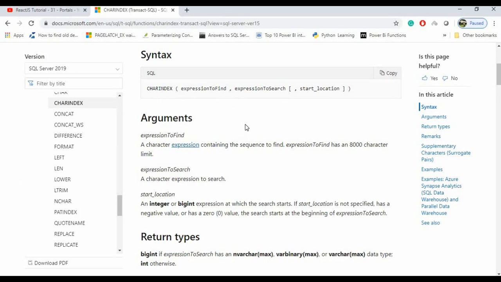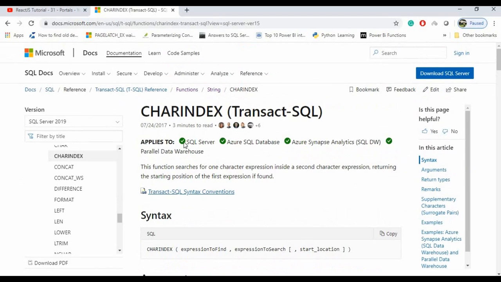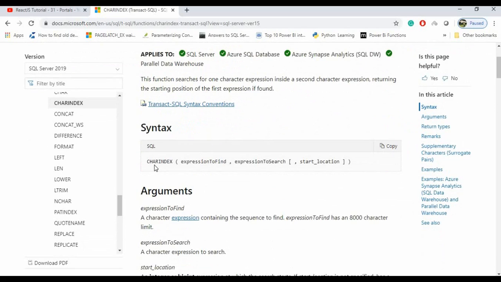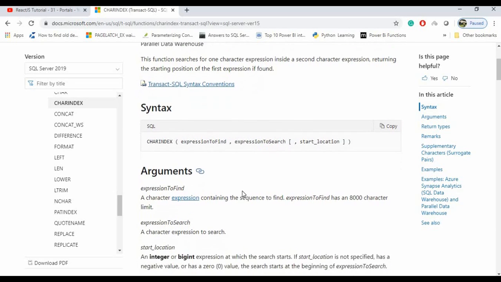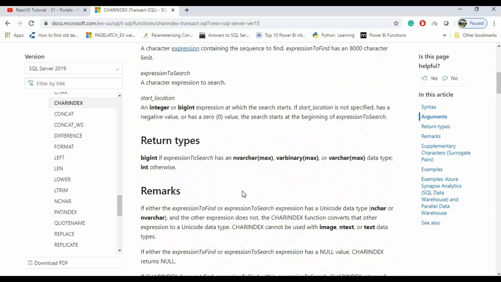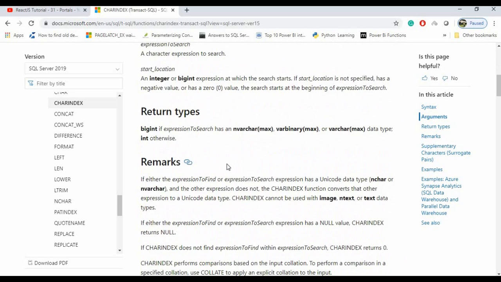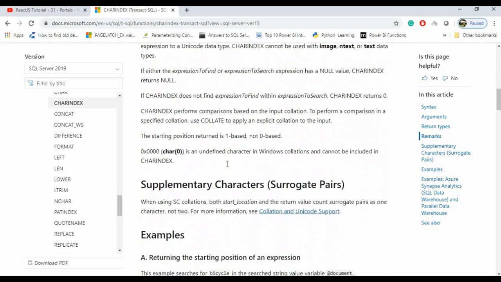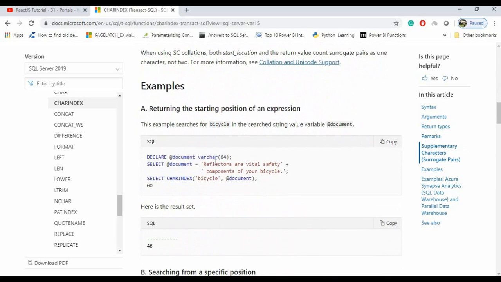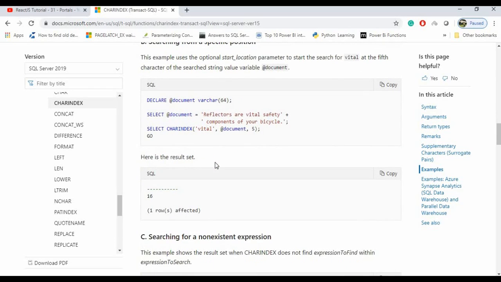So see, this is in all versions of SQL. This is the syntax you have: CHARINDEX, search expression to find, expression to search, and the start location. I will tell you the meaning of all of these. The return type is integer. And these are all the examples you have. So I will show you